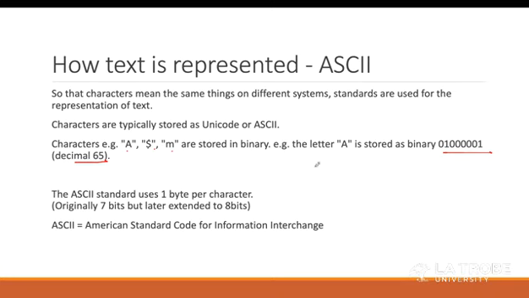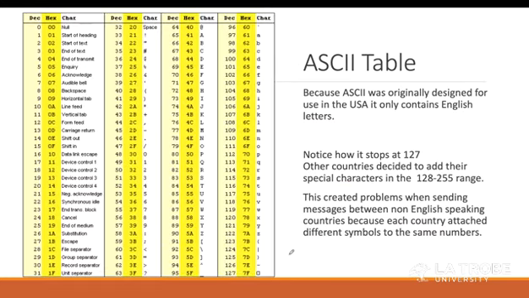ASCII is a standard, and it uses 1 byte per character. So it's going to be represented in 8 bits. Here, if you see, these ones are 8 bits. And this is the full form of the ASCII standard. Now, this is the ASCII table, for your reference. If we see here, capital A's decimal is 65, and small a's decimal is 97. If you observe this, you can see that it starts from 0 and it ends at 127.